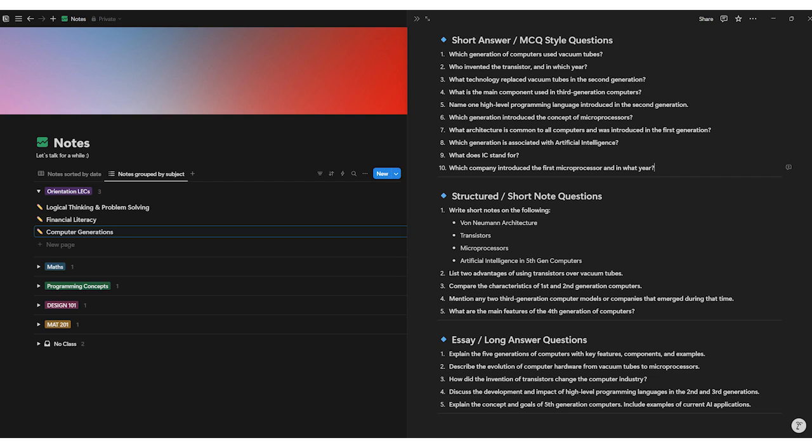So, this is the first question. Which generation of computers used vacuum tubes? Well, you know the answer. This is kind of obvious. Vacuum tube was used by first generation of computers, and I have one more thing to add, which is